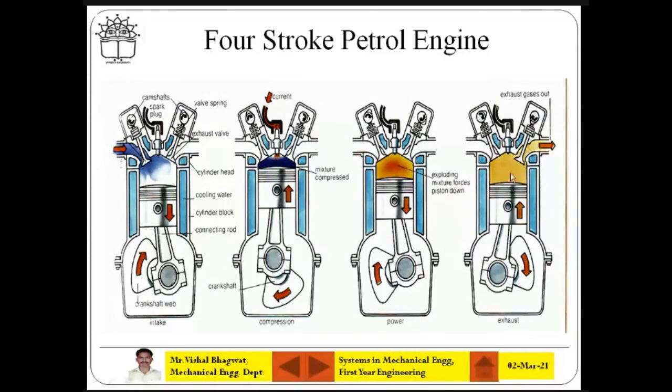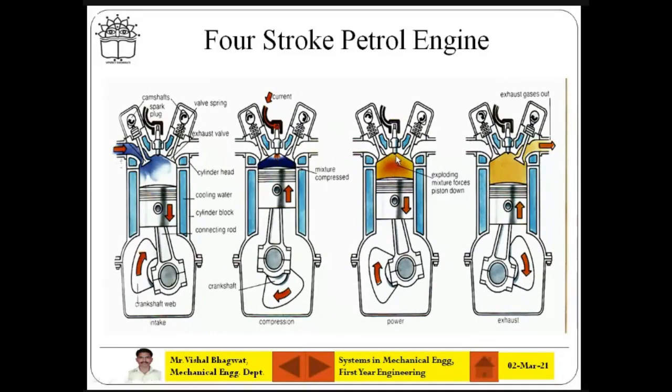So this is a 4-stroke engine. The first stroke is suction: the piston is going down, the inlet valve is open, the exhaust valve is closed, so the fuel charge is coming in. In the second stroke, both the valves are closed, and the piston is going up from BDC to TDC. There is compression. At the end of the compression stroke, a spark is produced. Due to the spark, there is a bursting of this mixture. It is burning, there is combustion, and the piston rapidly moves down. That is called the power stroke. As the fuel is getting expanded, it is also called the expansion stroke. This is the expansion stroke, power stroke, the third stroke.